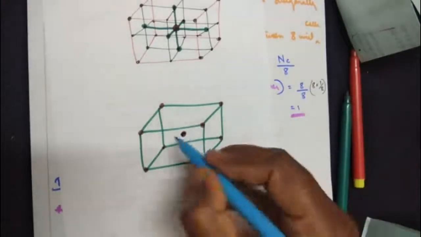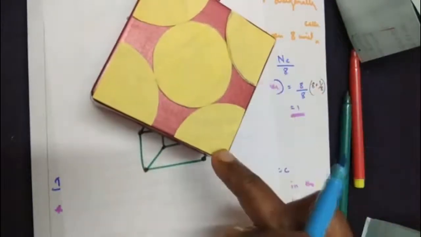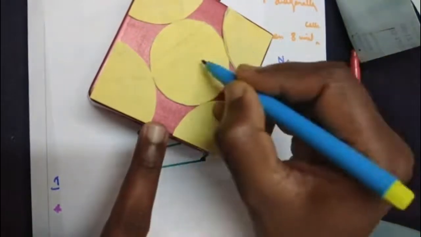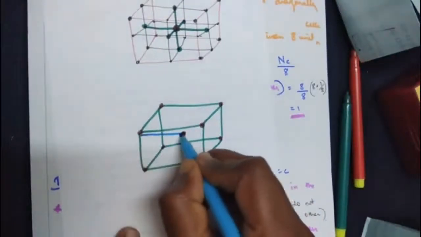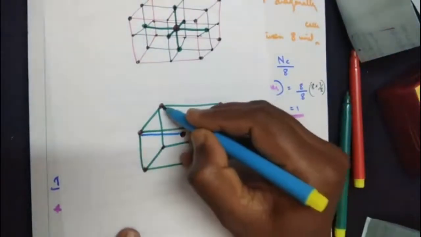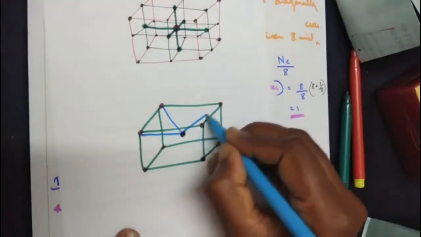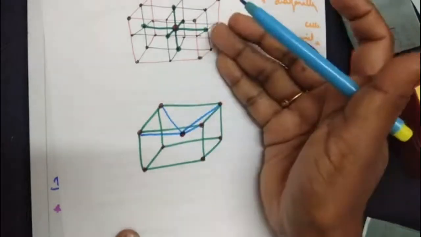From the upper point of view, 4 corners are there. So the 4 corners, remember, one corner here, one here, one here and one here. They do not touch one another, but they touch the center atom that is present here. So they can combine, sharing themselves with the central atom or particle. Similarly for this corner and this corner. This is for the upper layer.